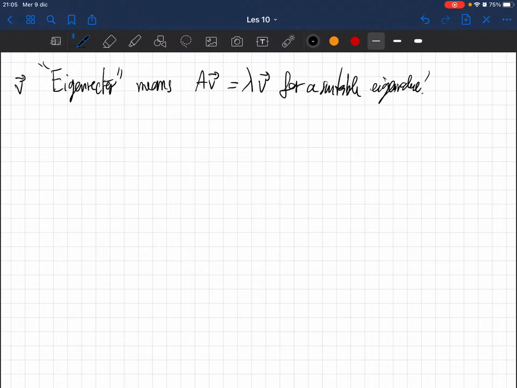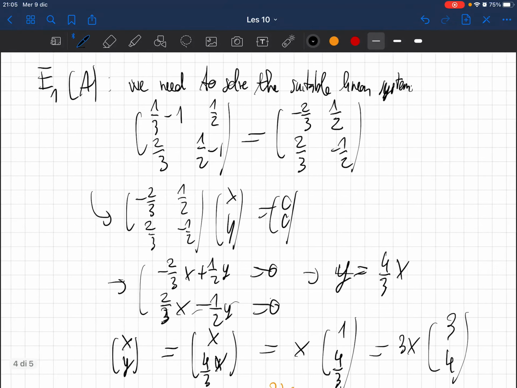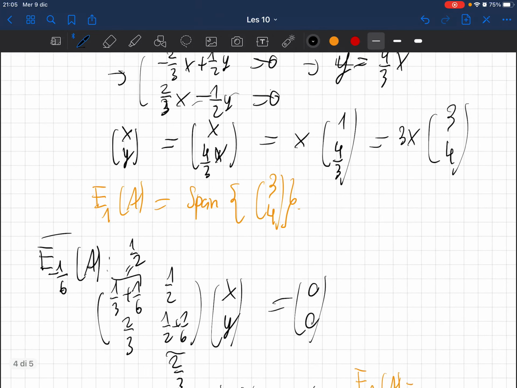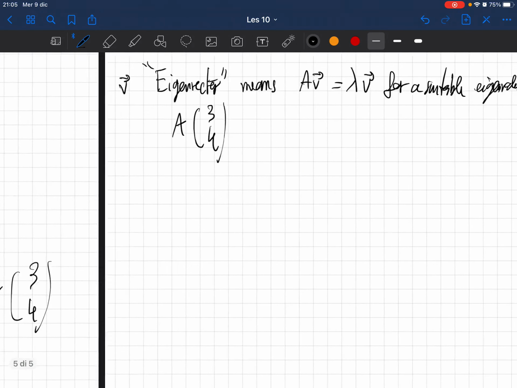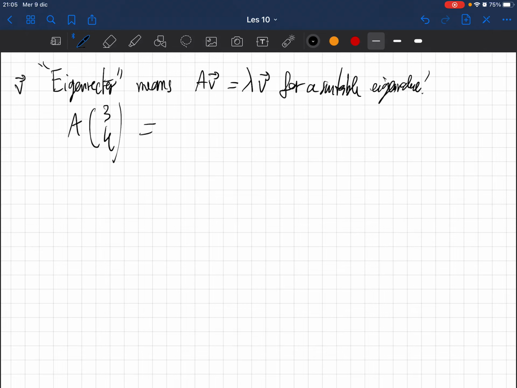So if you take A and apply it to (3, 4), was it (3, 4)? Yes. Then it's 1 times (3, 4), which is again (3, 4). And this is nice, right? And you see that if you iterate, taking A to the nth power,